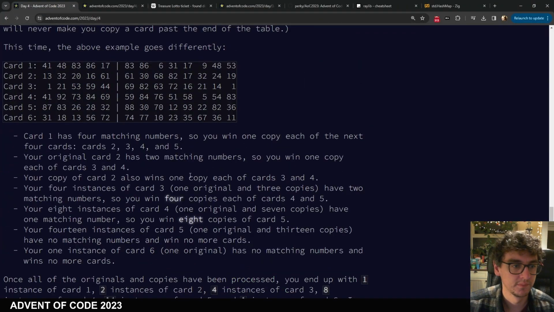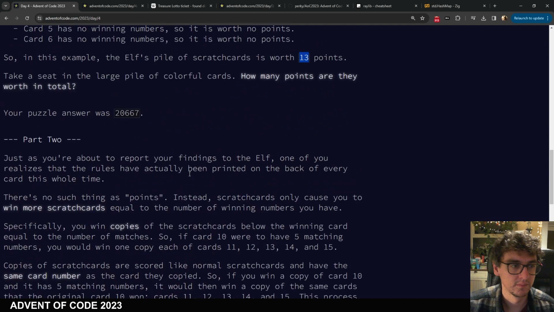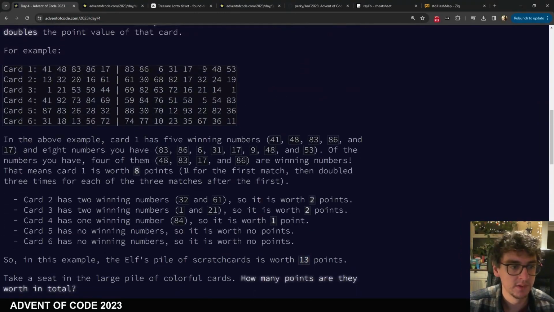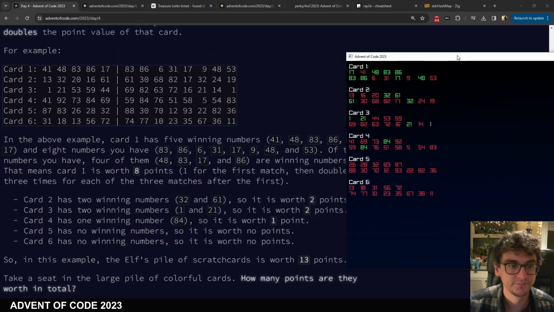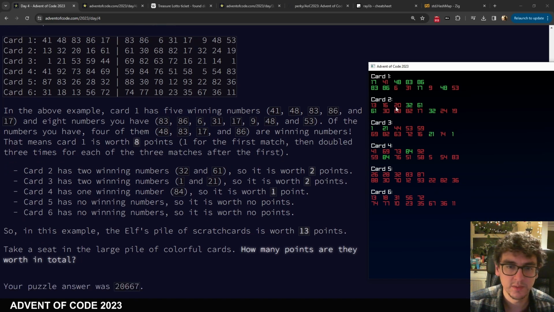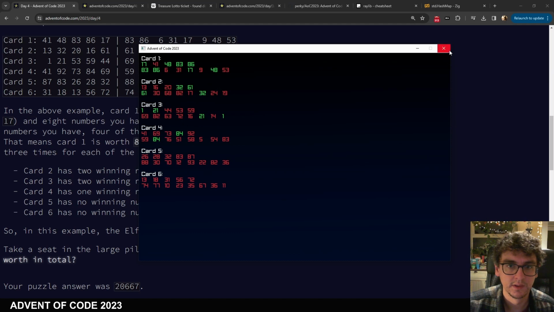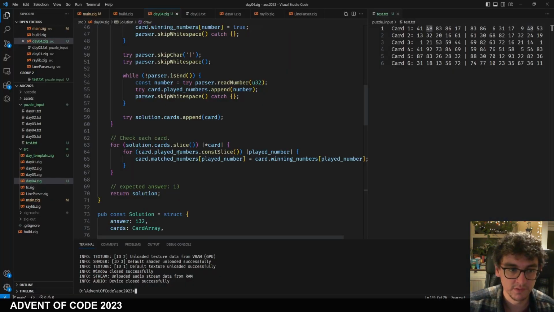Oh, I'm looking at the wrong example. So card 1 has 5 winning numbers. Yep. Card 2 has 2 winning numbers, 32 and 61, 1 and 21, 84. Cool. Starts off for each